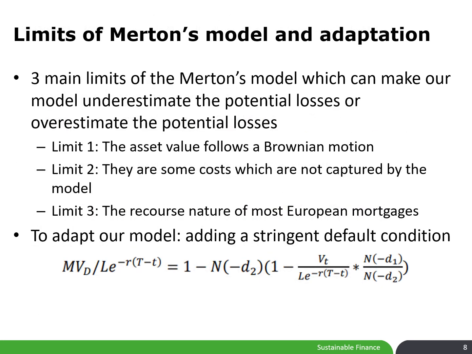There are three main limits of the Merton model which can make our model underestimate the potential loss, which is the case for the first and second limits, or overestimate it, which is the case for the third limit. So the first limit is that the asset value follows a Brownian motion, which is not totally the case. The second limit is that there are some cuts which are not captured by our model. And the third limit is the recourse nature of most European